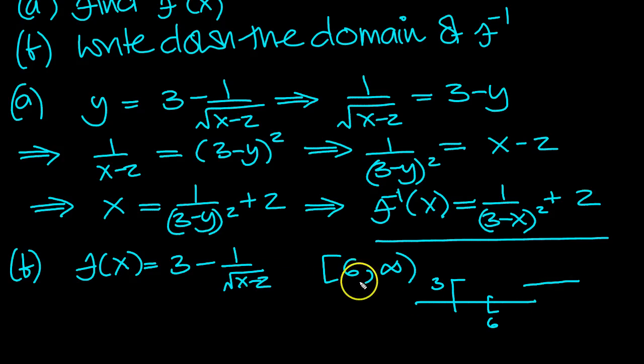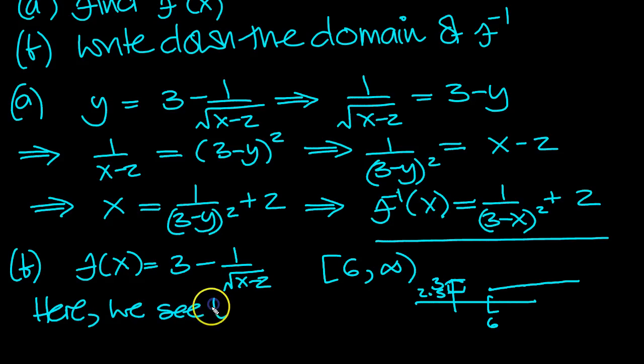But when x is 6, 6 minus 2 is 4, square root of 4 is 2, 3 minus a half is 2.5, so it actually is 2.5 here. It hits this value, because it can touch 6, but it doesn't hit this value, so a curved bracket there. And that to me looks like the range there. So here by inspection, we see that the range